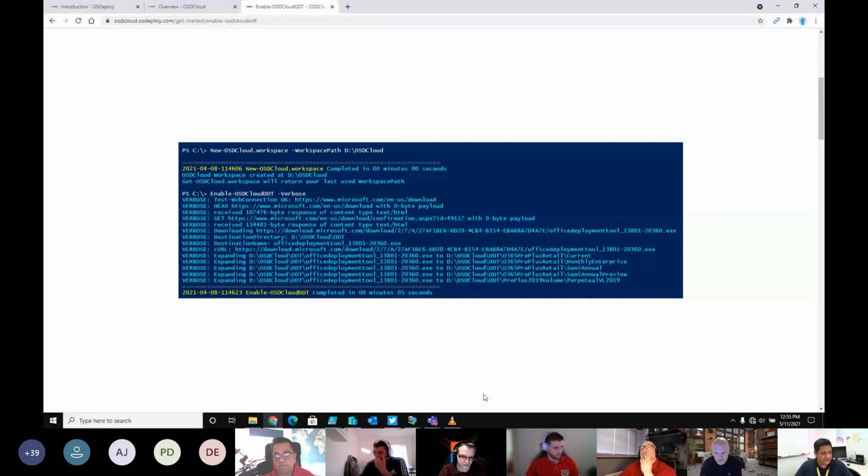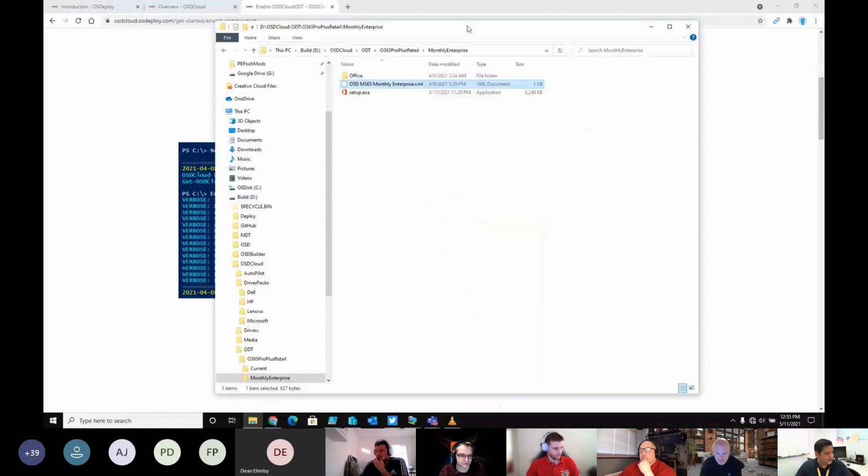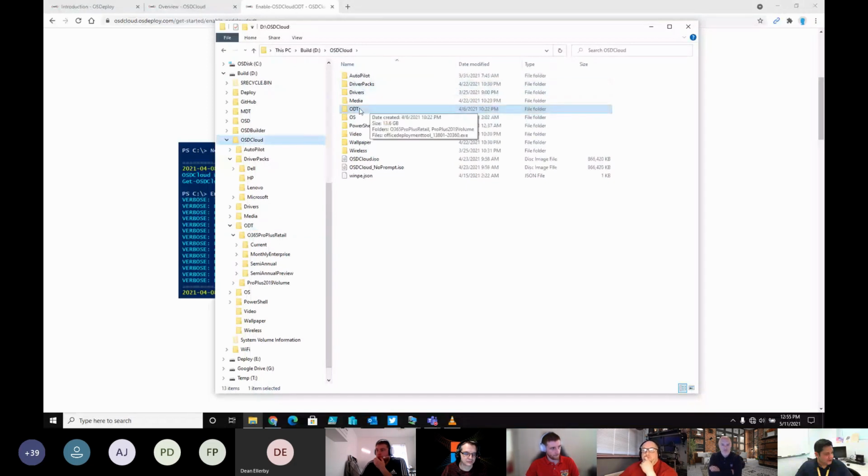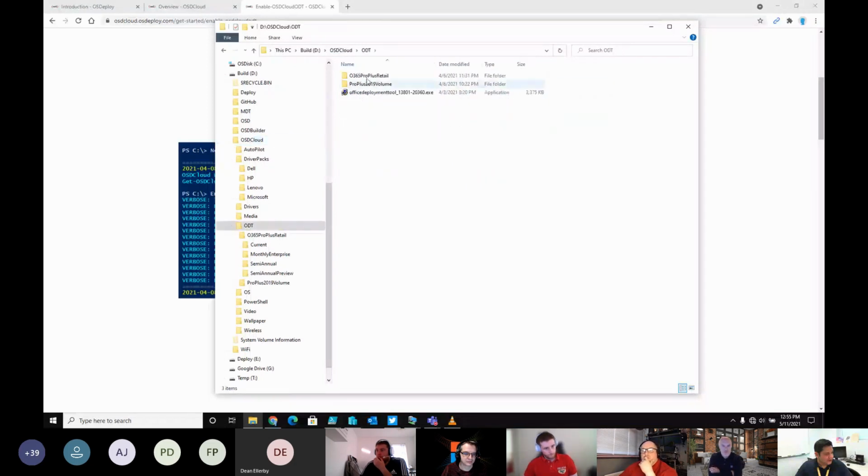And this will create some sample XML files for you and a directory structure for you to use. If we look at how this looks in the real world, it's simply in my OSDCloud workspace, it creates an ODT directory, which you can copy to your USB. And then this will contain all the information you need to handle these deployments for Office.